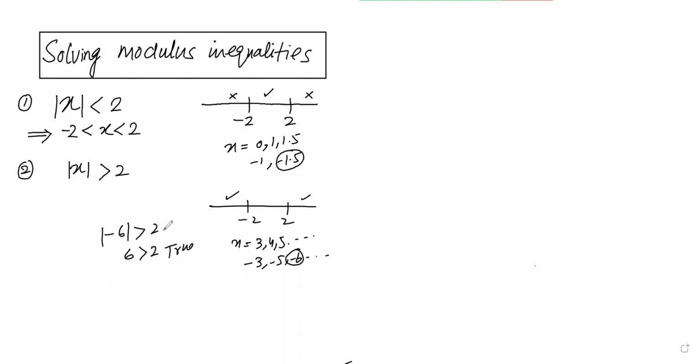So 6 is greater than 2, and this is okay. And if you take a number, say 5, 5 is greater than 2. Yes, 5 is greater than 2. If you remove the modulus, again true. So here are the numbers which can satisfy this second case. This implies that on the extreme left x is less than -2, or on the right x is greater than 2. So these are two basic examples